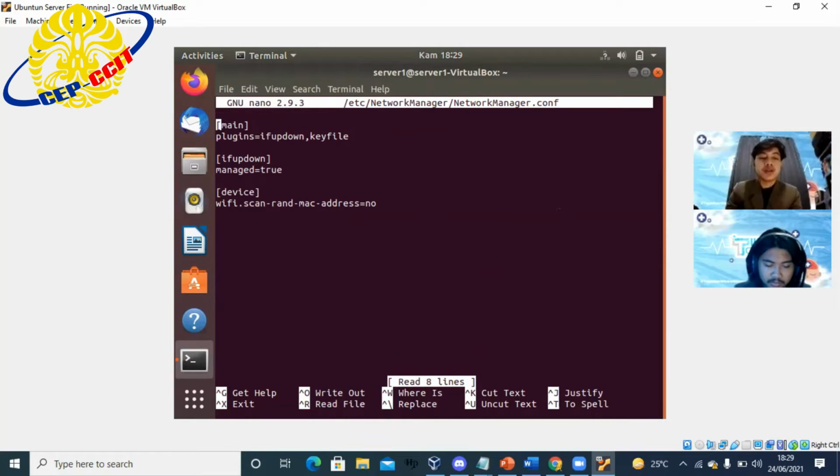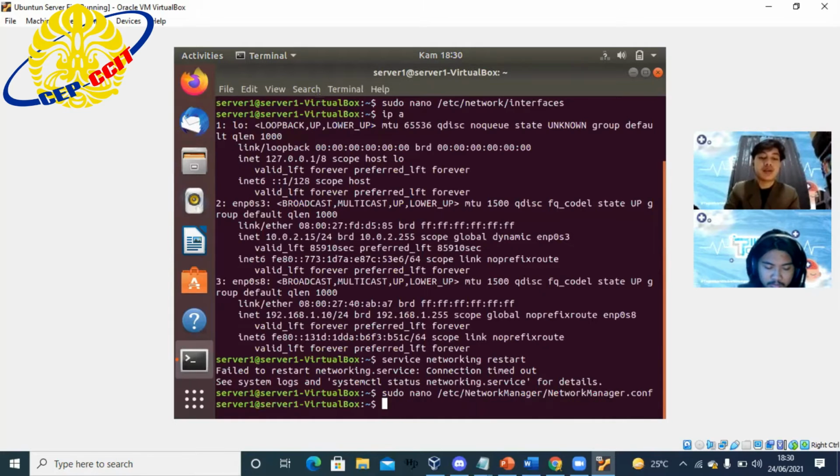In this section, you must change the managed option from false to true. Because I have already set the configuration, the display is true. Before, it was a false option. Then press Ctrl X to save and you will be back at the terminal.